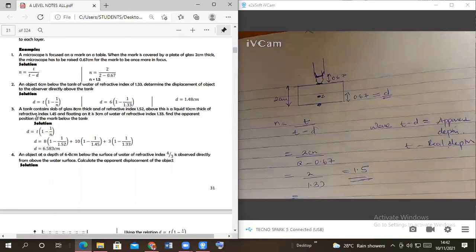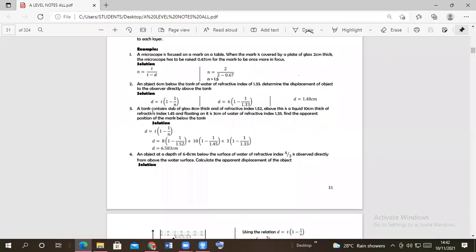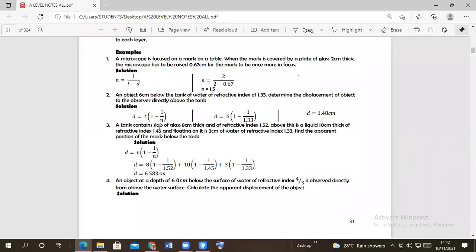So number 3, they are telling you that it's this one. Number 3 is saying that the tank contains, let's read this question. Let me make it bigger and we see. They're saying that the tank contains a slab of glass 8 centimeters thick. So there is glass, which is 8 centimeters thick, and a refractive index 1.52. That is glass. So glass has its thickness T given as 8 centimeters, and its refractive index N is